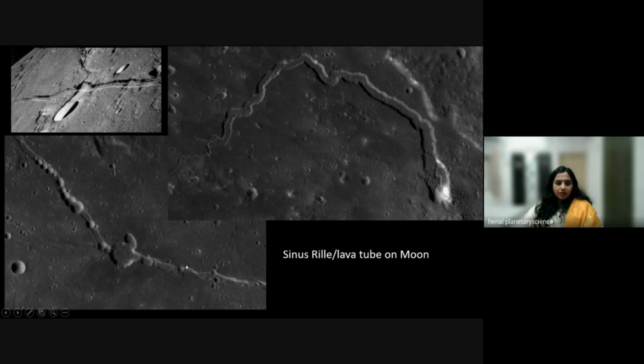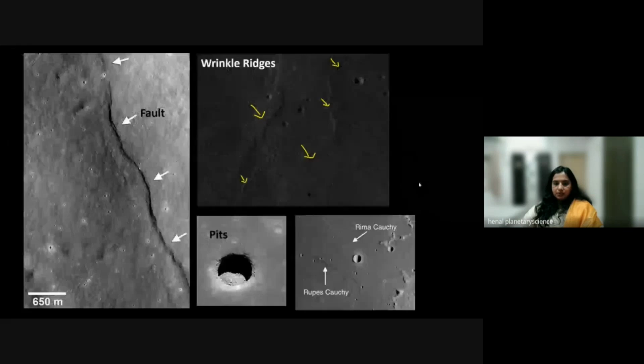These are some other very good geological features present on the moon. They are called sinuous rilles, which we call lava tubes on Earth. See, these are the granulated, snake-like structures. It is a lava tube, and it is useful. It is actually a very huge structure, and it may be very useful in future human missions, or when it comes to making a base on the moon. It may shield the astronauts or structures from the very heavy radiation coming directly to the surface. So this is one of the important features.